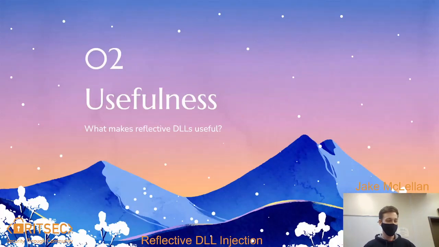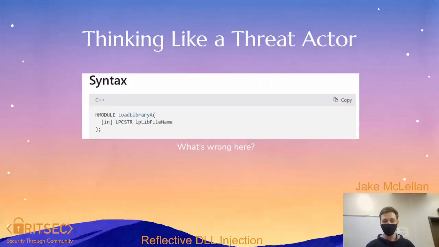All right, so let's talk about usefulness, right? So why are reflective DLLs useful? Well, oh yeah, I put a question here. Does anyone see a flaw here? Something that kind of sucks? So LoadLibraryA, it takes a file name. Yeah, you can just put in any file name. Well, yeah, you are on the right track there. So basically, yeah, file name. We're reading a DLL from disk, right? That's kind of lame. We want to load a DLL from memory